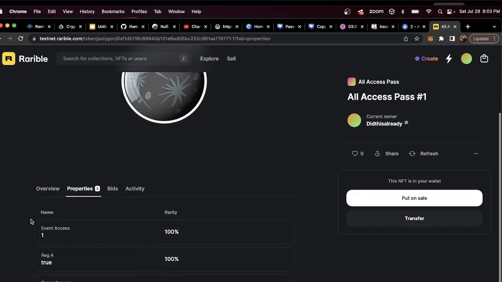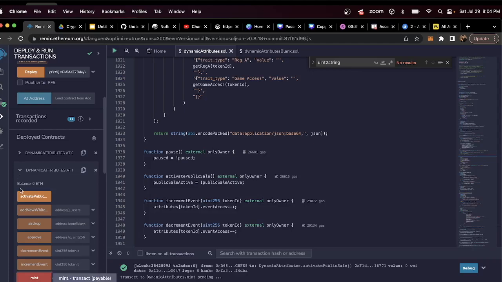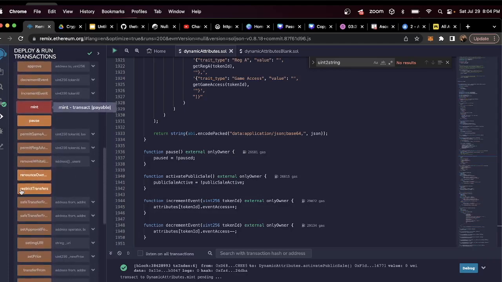And basically what we're looking to do is we want to change these attributes. So we're going to be able to increment event access every time a person goes to the event or enters the event, or if they do have Reg A, which is going to be an attribute that we add, or game access, if it's going to be like a metaverse type thing, we're going to be able to change that. And to demonstrate that, what we can do